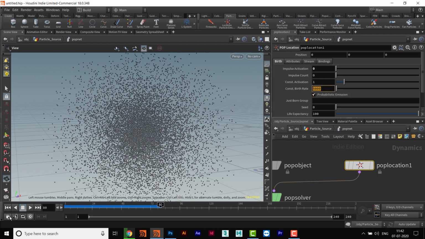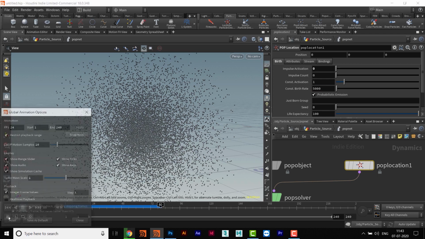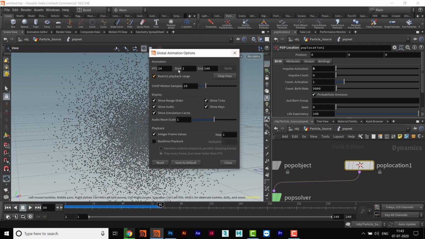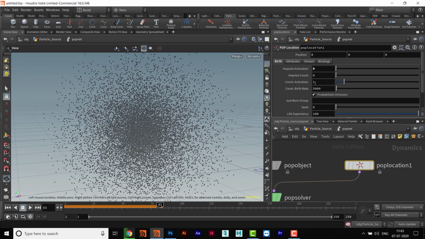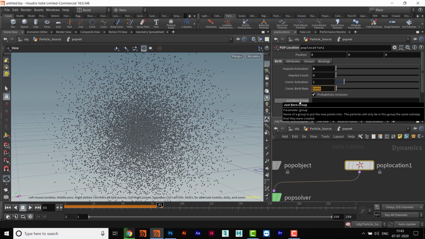If I click here and go to global animation options, we will see the frame rate is 24. So let me make it 25. Now in 25 frames, that is 1 second, we are getting 5000 particles. 5000 particles are being emitted in 1 second.